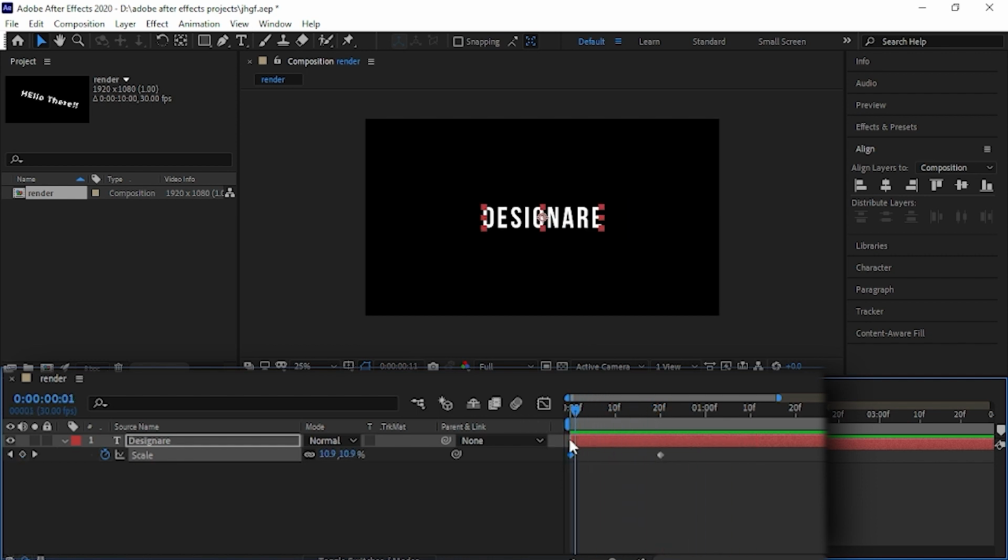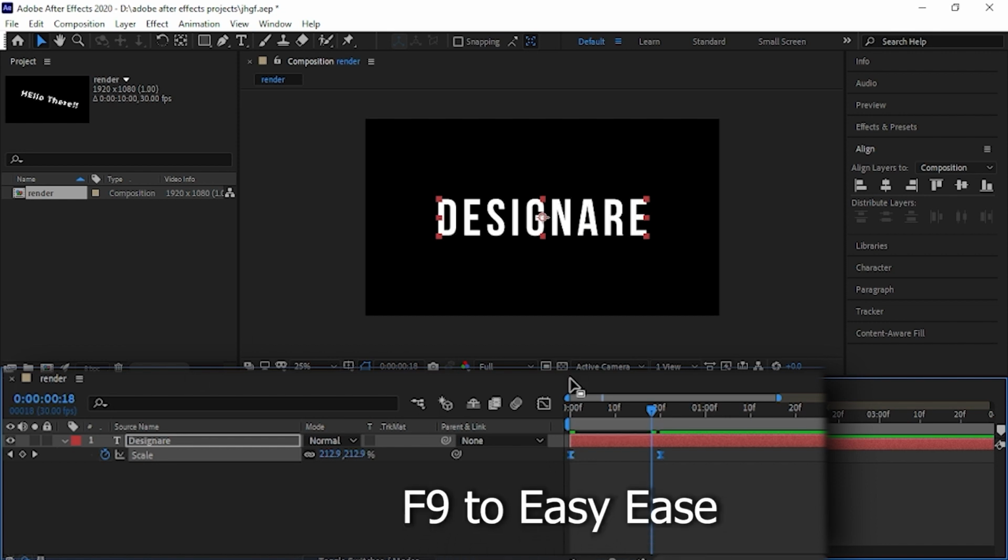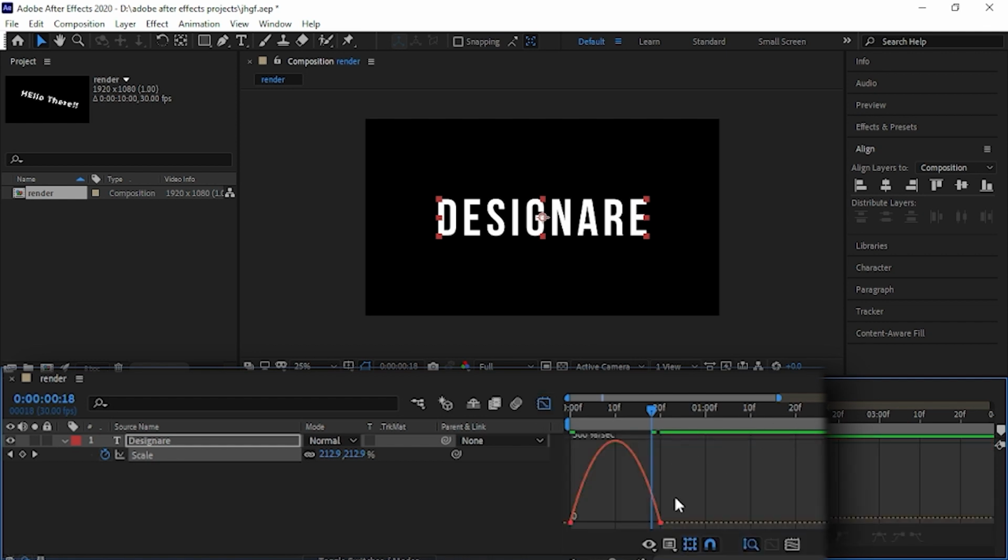This is not what we want. We want it to be faster. So what we can do is select both of these keyframes and click on F9. We easy ease these keyframes and open our graph editor. We're going to make ourselves a basic graph. So just